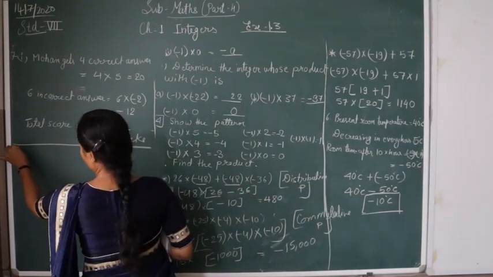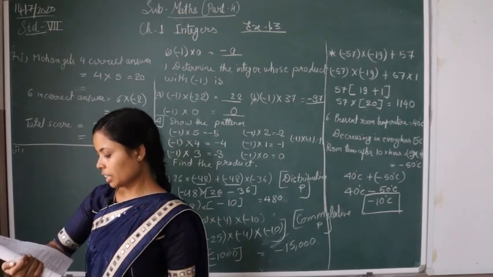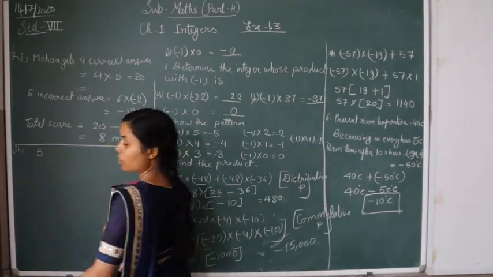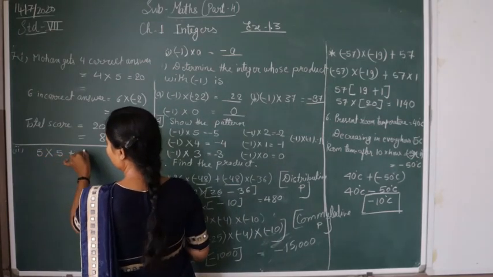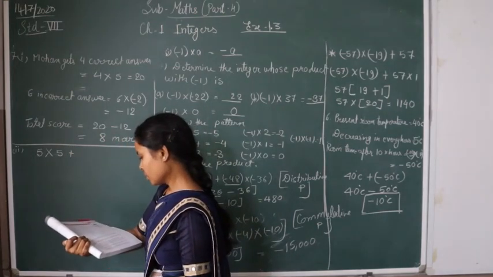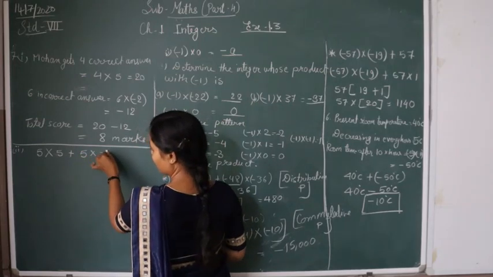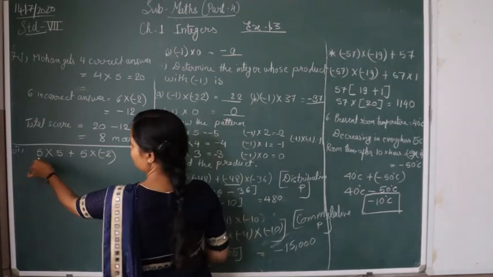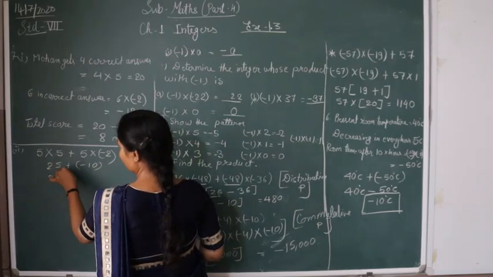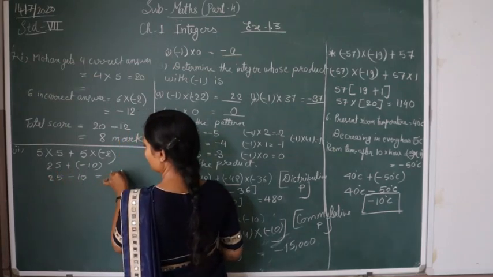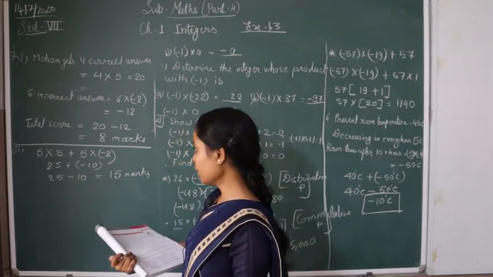Second. Reshma gets 5 correct answers and 5 incorrect answers. Look here. She gets 5 correct answers. For a correct answer, we are awarded 5. And she gets 5 incorrect answers. So 5 incorrect answers are awarded minus 2. Now solve this. 5 fives are 25 and 5 twos are 10. Now solve this. Plus minus minus 10. When you subtract this, you get 15 marks. So we can say that Reshma gets 15 marks